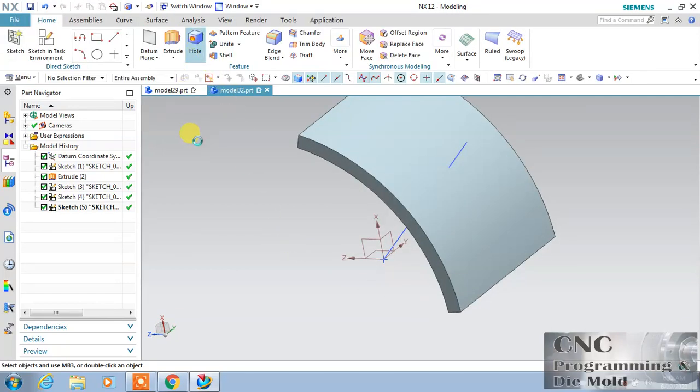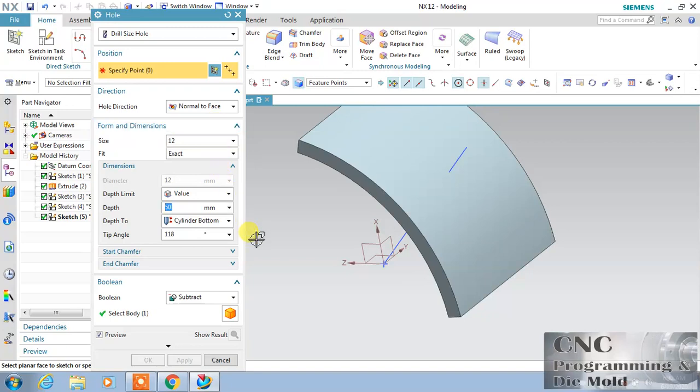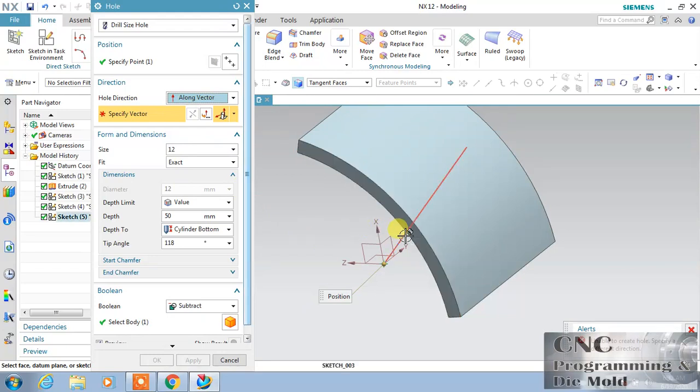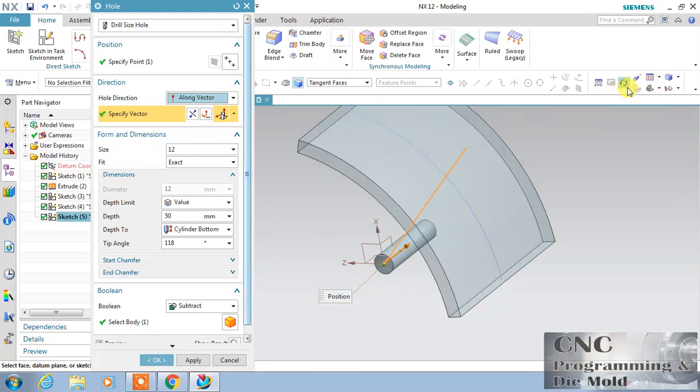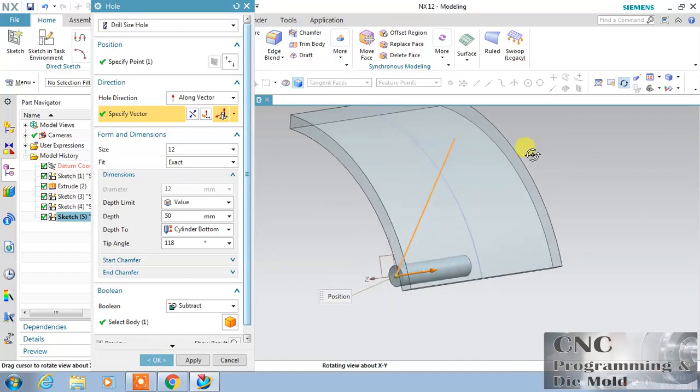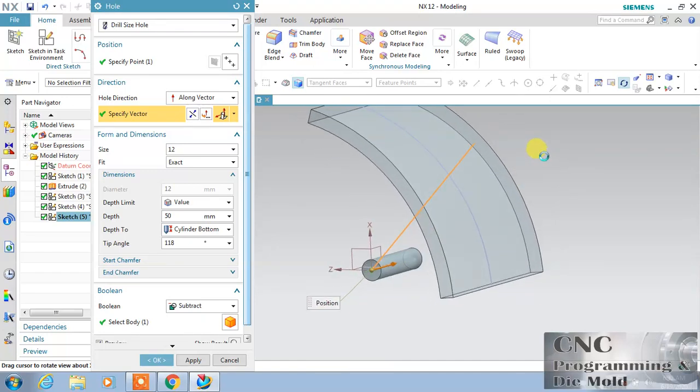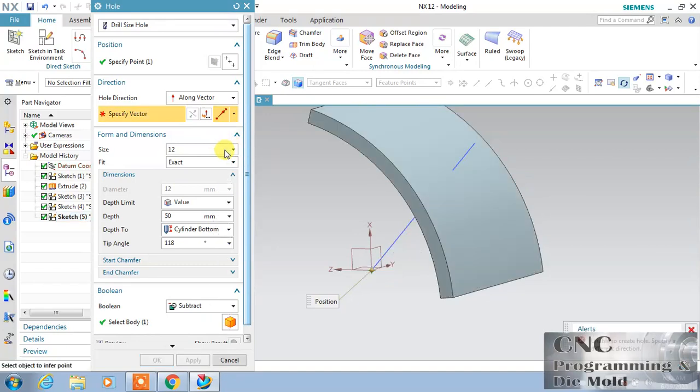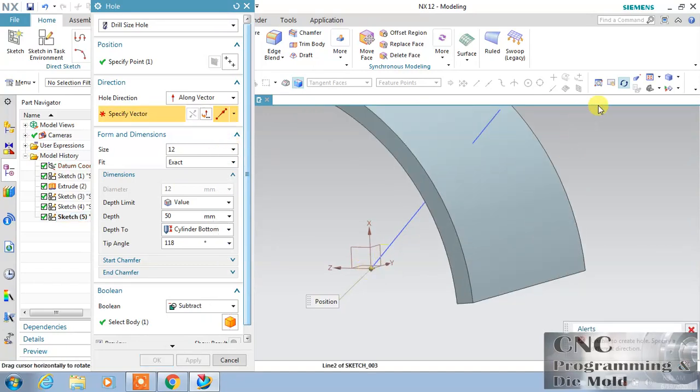and now choose the hole, and I will choose this point as a hole positioning, and now change the direction. I want this along a vector and click over the vector. So hole will go along the direction. Just change this to 2 point and zoom it, first point and then second point.